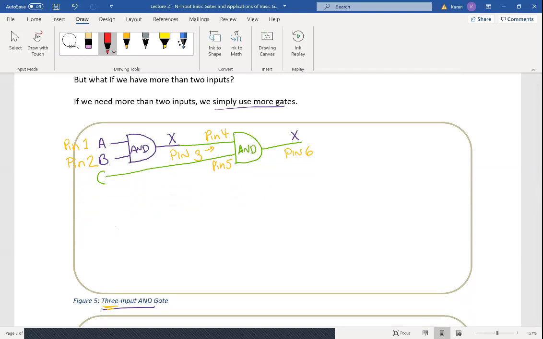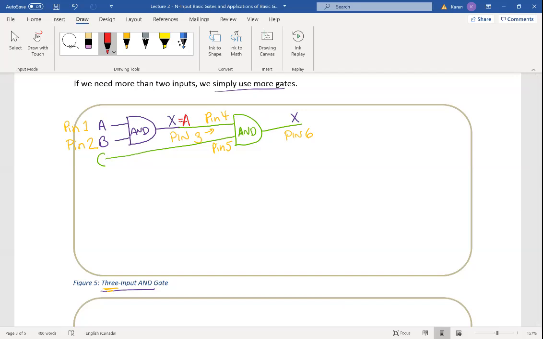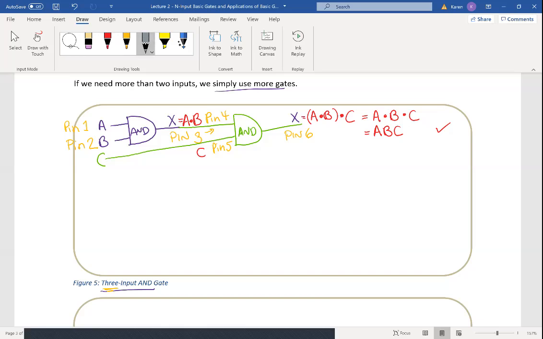What you would have is X coming out of here would equal A and B. And then what you would have going in here is C. So then coming out of here, you'd have A and B, and that would be ANDed with C. So that equals A and B and C. Because the brackets are redundant, we can also write that as A and B and C, just like this. So we can verify, yes, using 2 AND gates is the same as, so I'm going to say in pencil here, this